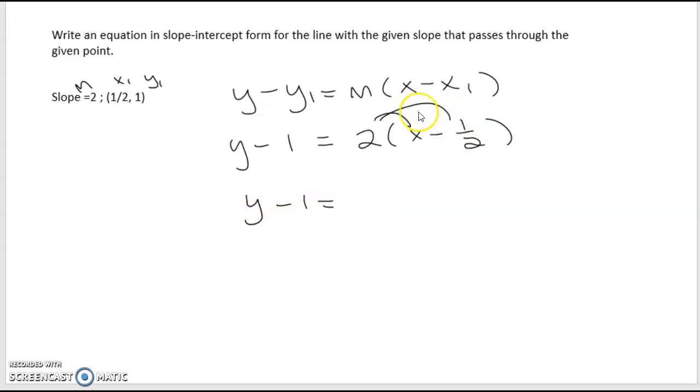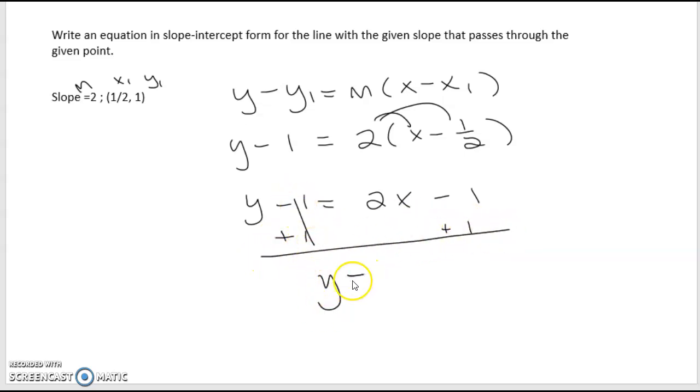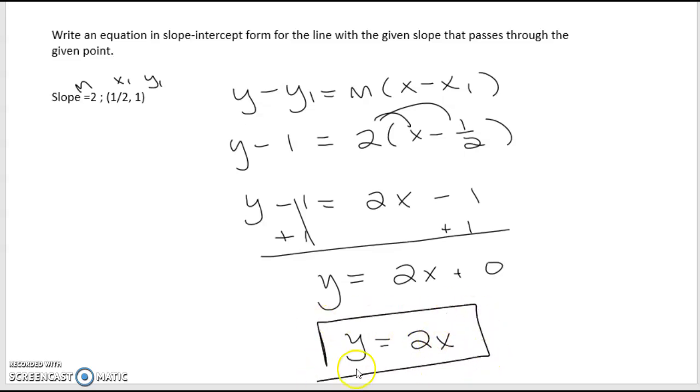Y minus 1 stays the same over here. We're distributing over here. 2 times x is 2x. What is 2 times 1/2? What's half of 2? A 1. So then remember, ultimately the goal is to have y by itself. So I'm going to do plus 1 to both sides. So I have y equals 2x plus 0, which really, if it were multiple choice, they wouldn't put that